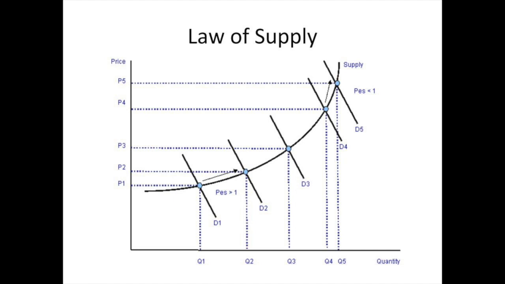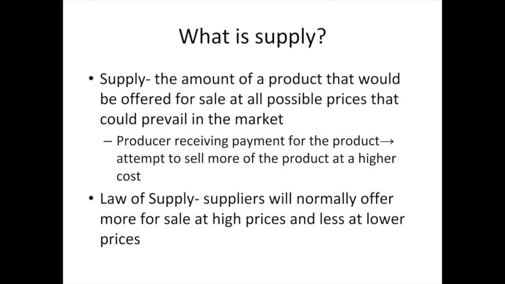You want to maximize your capability of making the most amount of money as possible. So what you want to do is make more of a product when the price is high and make less of a product when the price is low. Remember, the law of supply has nothing to do with the law of demand or the desires of consumers. When you think of supply, think like a business owner.